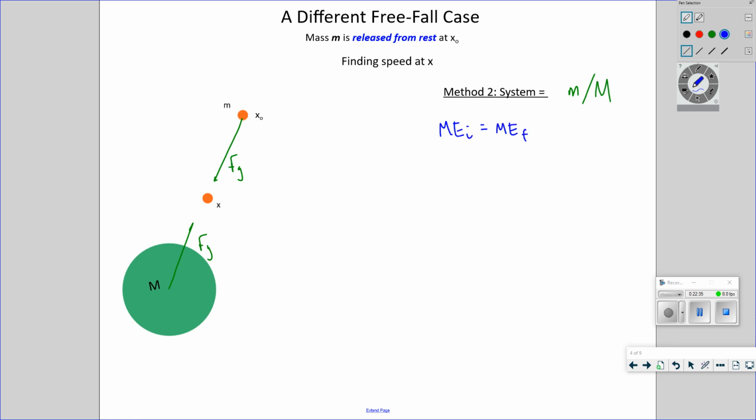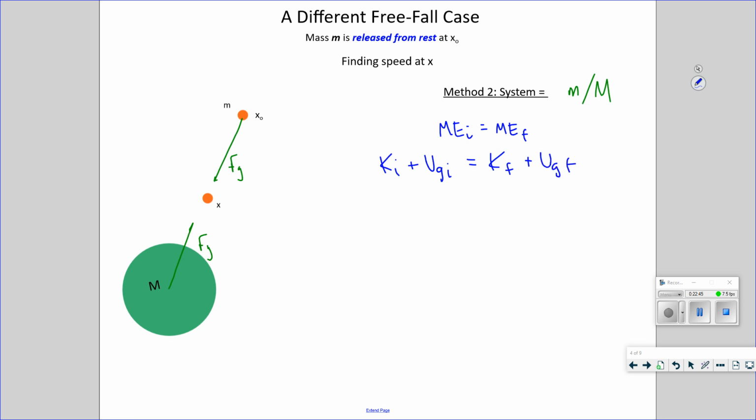We can say that the system's initial kinetic energy plus the system's initial gravitational potential energy is equal to the sum of those final values. We've also said that there's no motion of objects relative to each other initially, so that goes. And now we need an expression for UG initial. Or, well, actually, we need an expression for UG, for gravitational potential energy, as a function of position. All right? So that's what this slide's for.